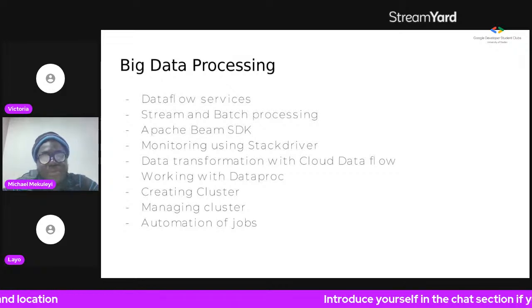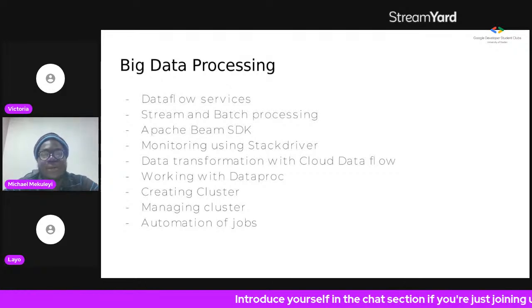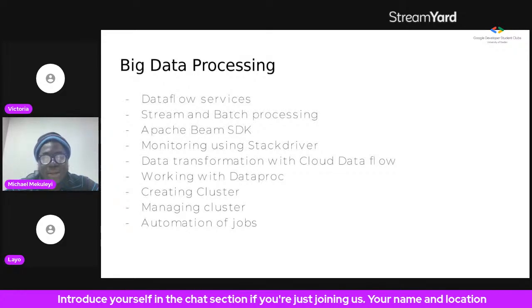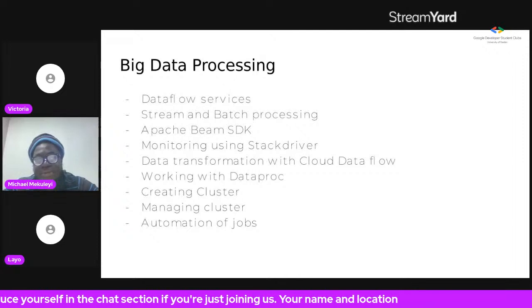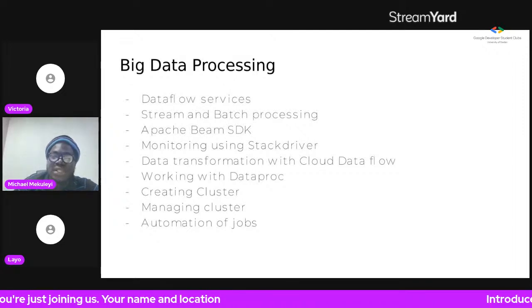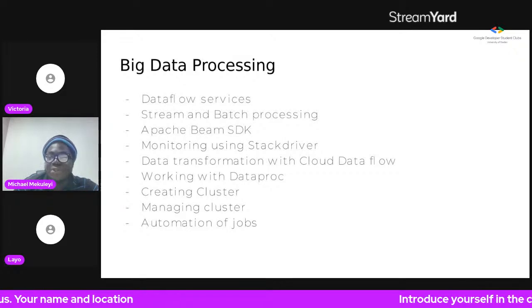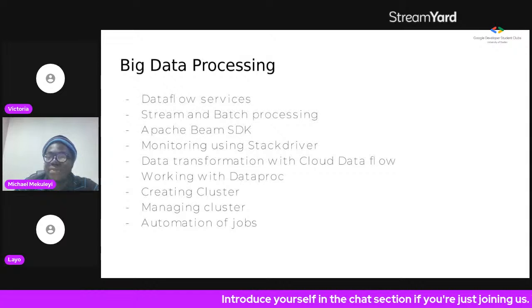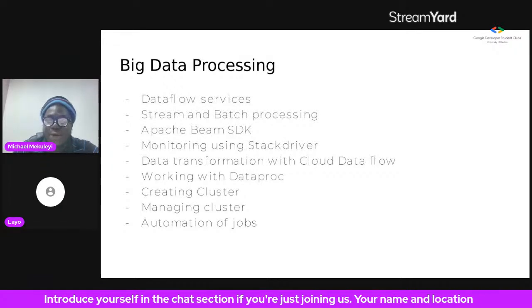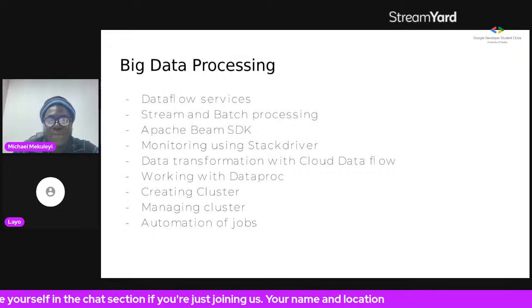We also have the Apache Beam SDK, which is basically for processing extremely large amounts of data. We have monitoring your data through Stackdriver, and data transformation, like I've said, Cloud Dataflow. You want to be able to do a lot of processes between taking your raw data and bringing out information through an API. So Dataflow allows you to do all those processes bit by bit and in bulk. Say you have 4 terabytes of data coming into your first process, and you have 4 terabytes of data going out of your process.